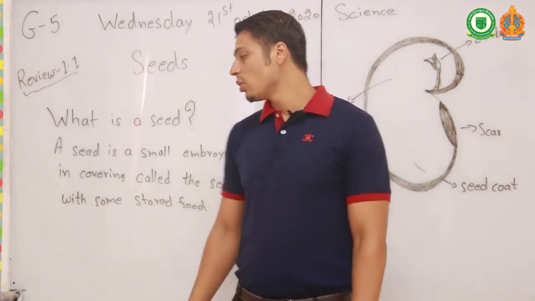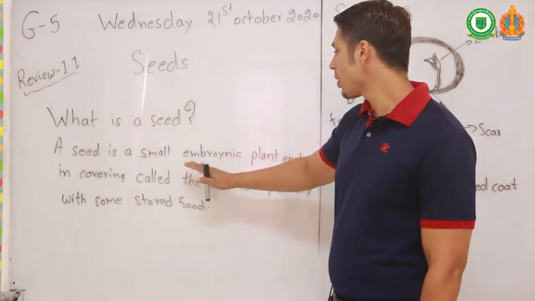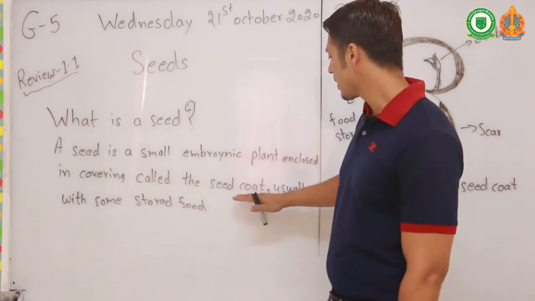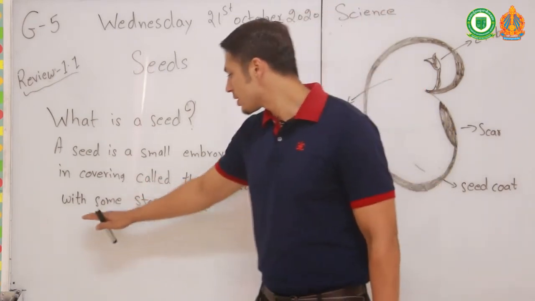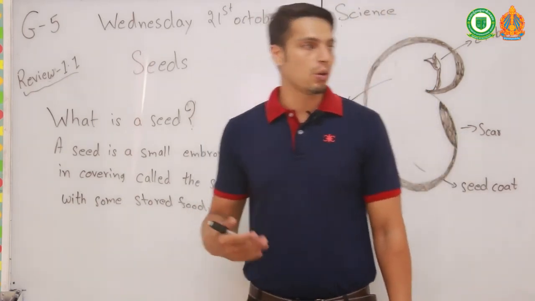So what is a seed? A seed is a small embryonic plant enclosed in a covering called the seed coat, usually with some stored food. If I talk about the seed coat,